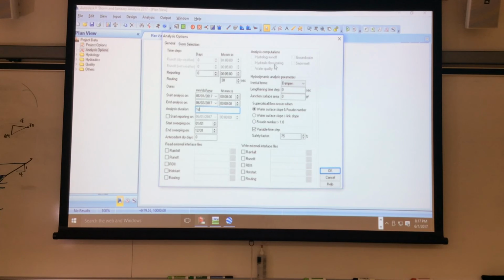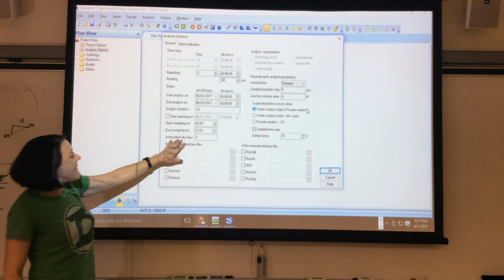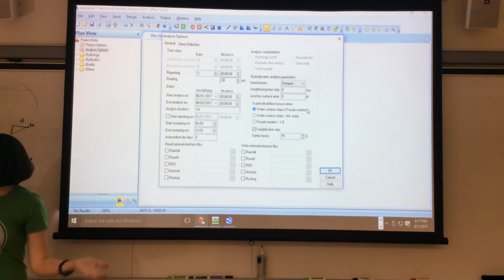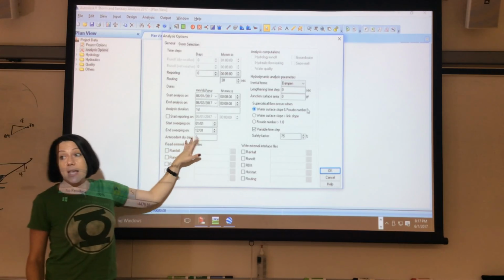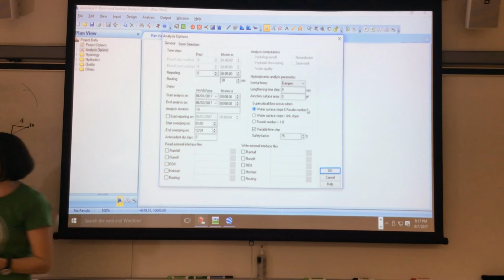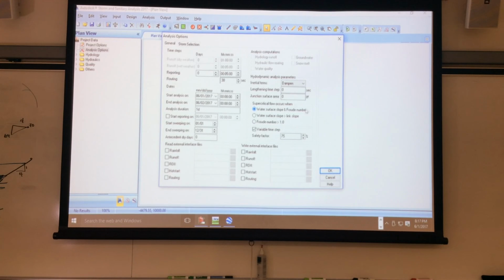You can do computational analysis, hydrodynamic analysis parameters. We'll get into hydrodynamics later. So I'm going to leave everything else as is. Remember the antecedent dry days? Did it rain before? Did it rain after? So you can set what you think and really model this to what type of storm